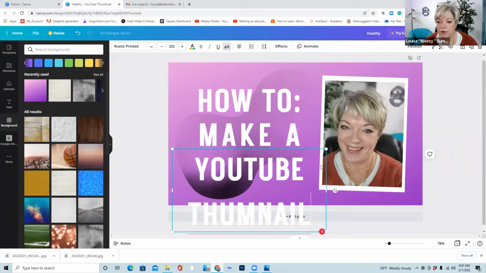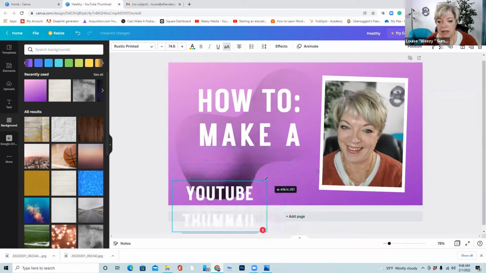Go over here. So go to the edges of your box, the blue lines. Go to the edges of the blue lines. You see these little white dots? That means that you can move that. I always like to hold down the shift key because it keeps everything uniform and in place instead of stretching it out or crushing it. So I hit the shift key, and then with the click of the left of my mouse, I go ahead and make that smaller,